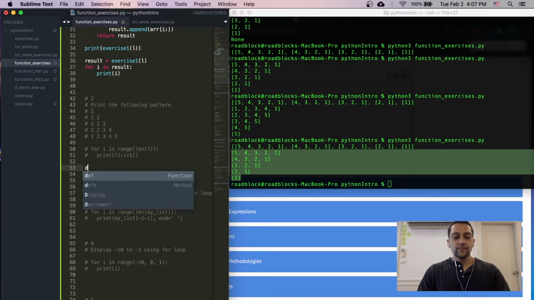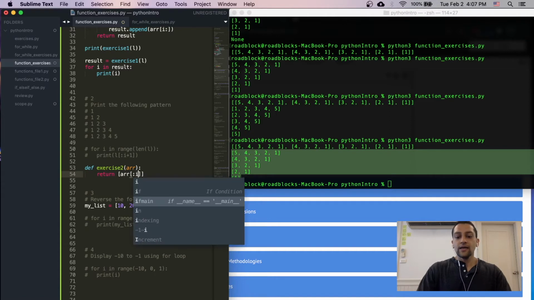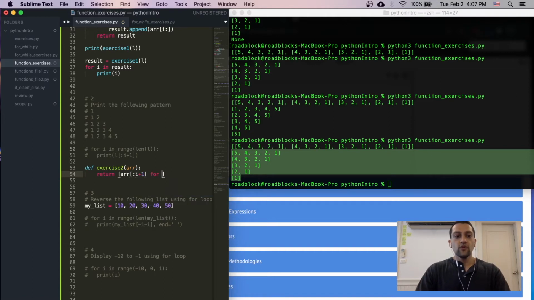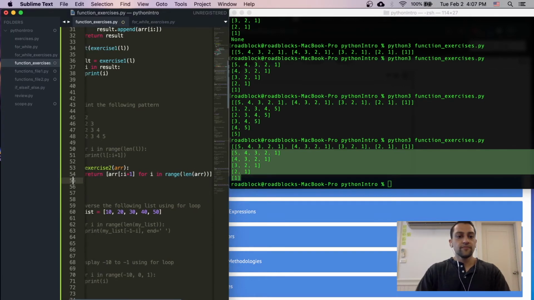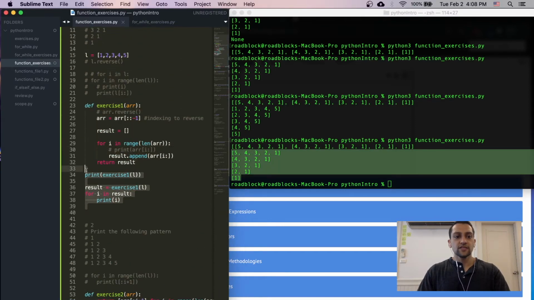ต่อไป define exercise 2 และข้างในนี้ผมจะผ่าน array ด้วย และข้างในนี้ผมจะใช้ return, and this time I'm going to do list comprehension. So ผมจะใช้ arr colon I plus 1 for I in range len of arr และ print exercise 2 of L และเราจะเห็นว่า I'm going to comment all of this stuff out